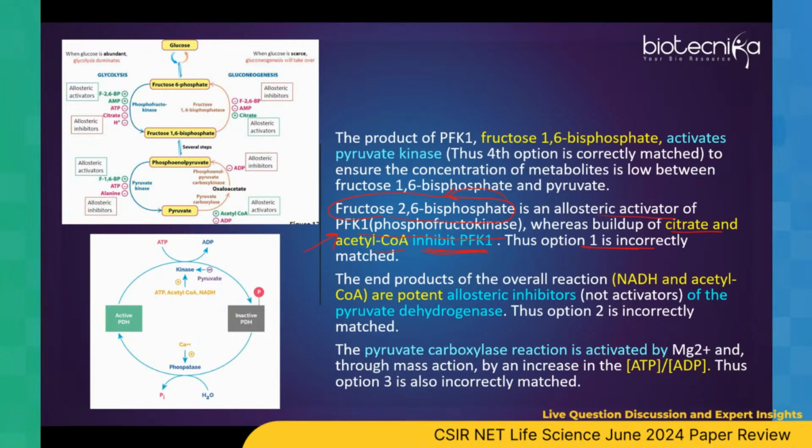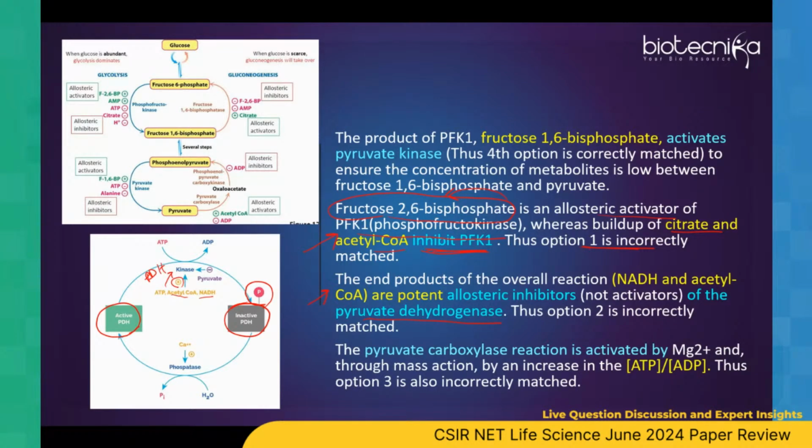And then the second option is talking about pyruvate dehydrogenase. Pyruvate dehydrogenase is active, and it becomes inactivated by phosphorylation. Again this part was tricky, because generally what we have studied is that acetyl CoA and NADH are positive activators of the kinase enzyme, that is the PDH kinase. This time the part B questions were also tricky in a very subtle sense. It was not obviously tricky like part C questions, but subtly they were